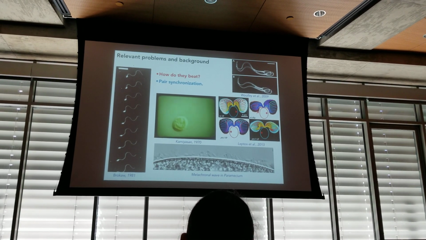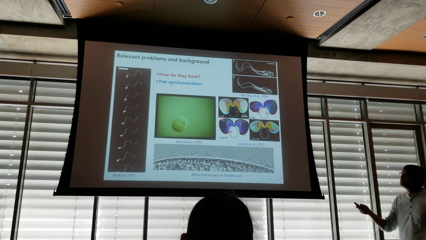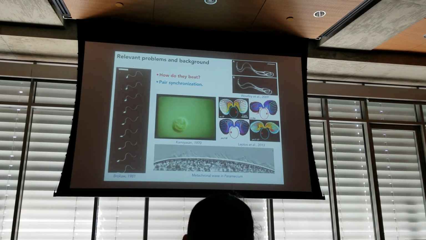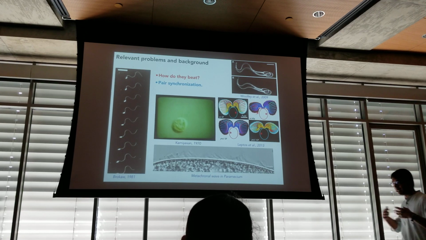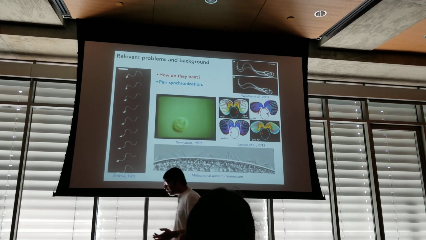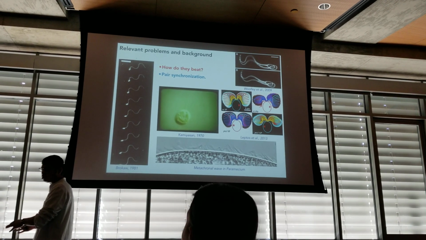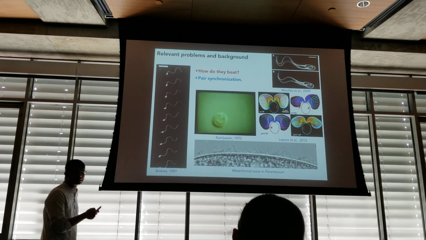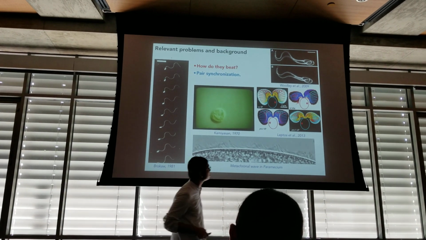So the first question that we are interested in is how do these things beat? That's a question of active filaments, because inside these floppy objects there is a mechanism that consumes chemical energy, or ATP. So there is an influx of energy, and that energy is then converted into mechanical motion that results in this spontaneous oscillation. We want to understand what's the mechanism that results in these spontaneous oscillations.